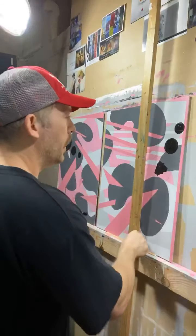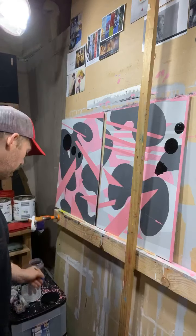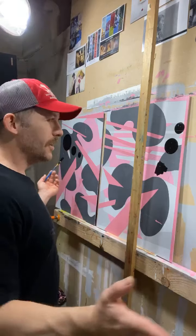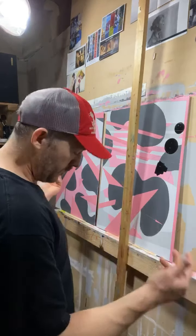All right, I think that's good enough. I'm not going to worry about it. I'm just going to move on to my last circle here. And I'm kind of liking only doing a few circles per painting. The larger ones are easier to do. I like the smaller ones, those are nice, but